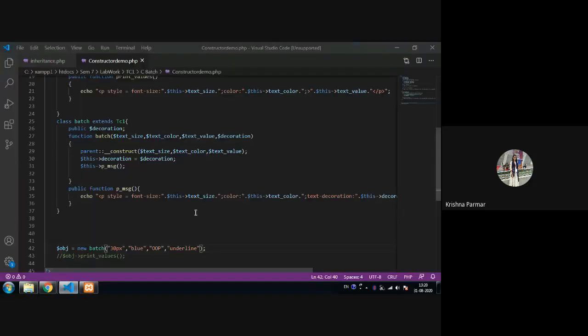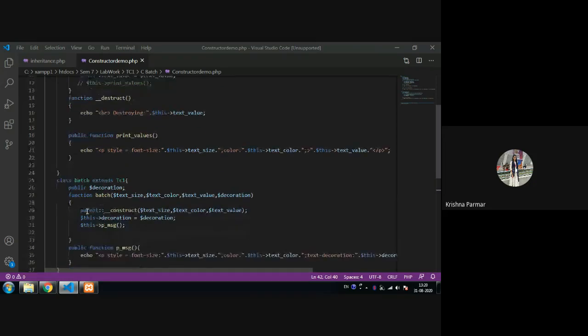Is it understood? If the batch class contains the constructor, your parent class constructor will never be called directly. That's why we use this particular sentence, parent, then colon, then construct of your parent class. Are you getting my point, everybody?